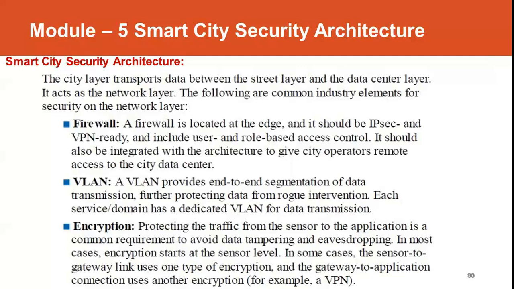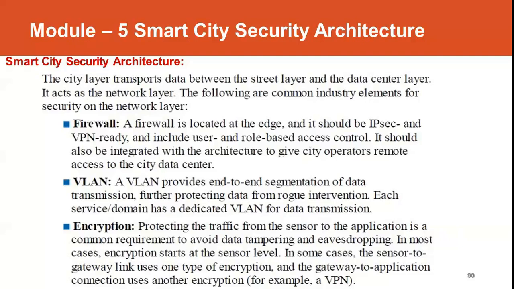Then encryption can also be done. Protecting the traffic from sensor to application is a common requirement to avoid data tampering, and also no one should read the data in between during transmission. In most cases, encryption starts at the sensor level.